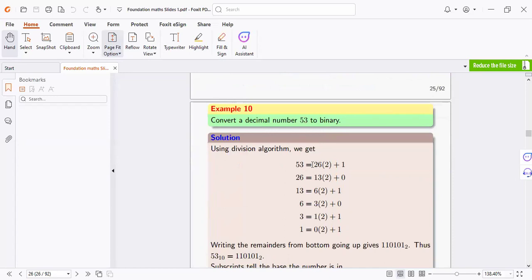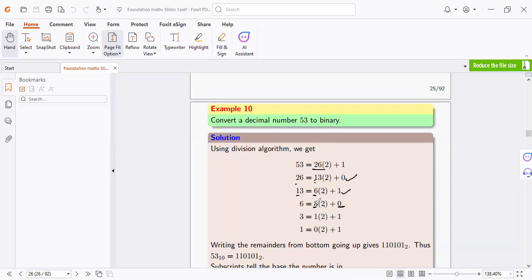So I ask myself, 2 goes into 53 how many times? 26 times, and the remainder is 1. What about 2 into 26? 2 goes into 26 13 times, and the remainder is 0. What about 2 into 13? 2 goes into 13 6 times, and the remainder is 1. What about 2 into 6? 2 goes into 6 3 times, and the remainder is 0. We are doing that until